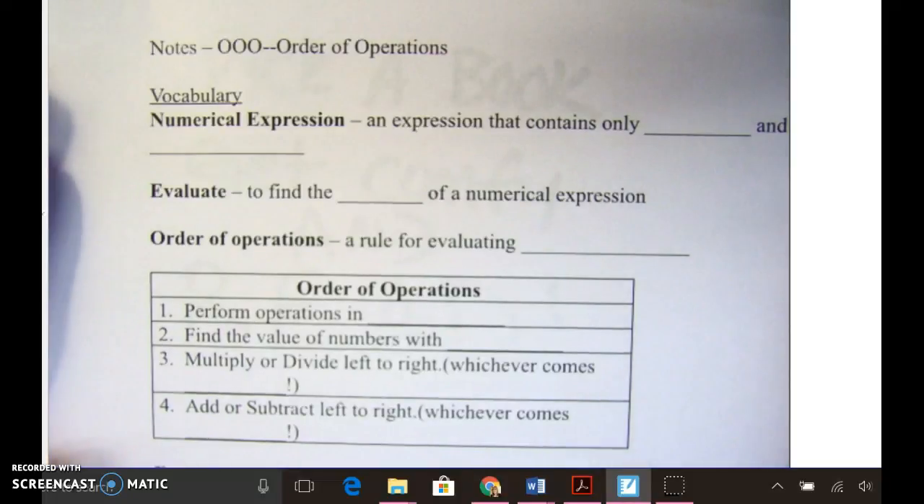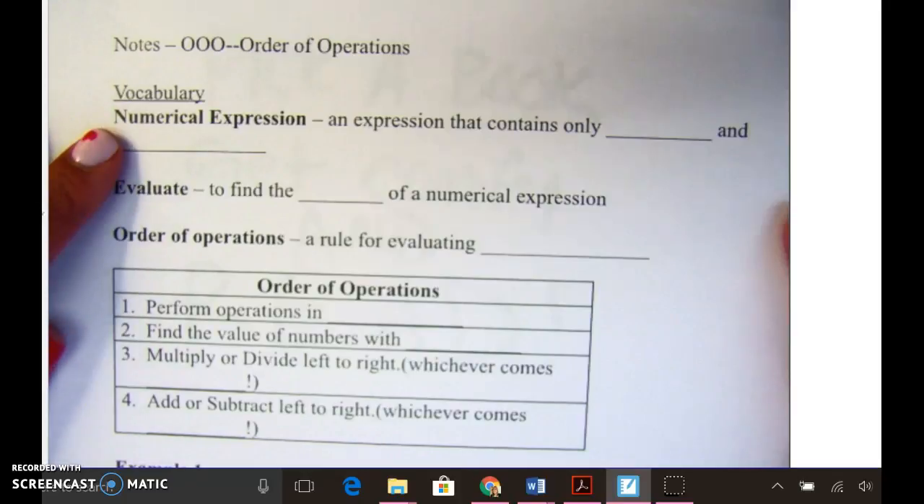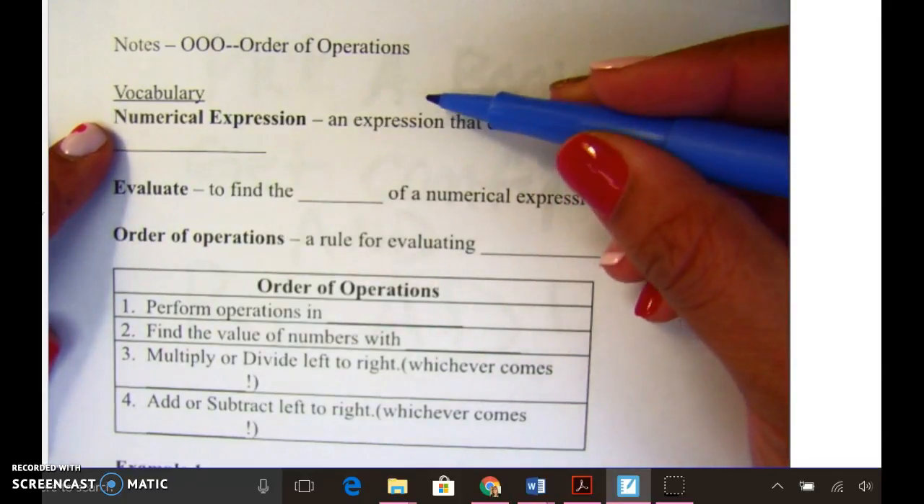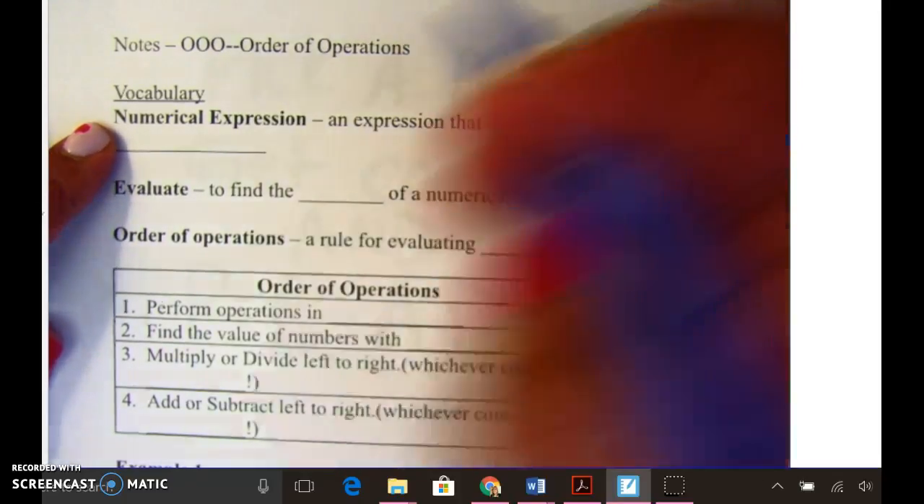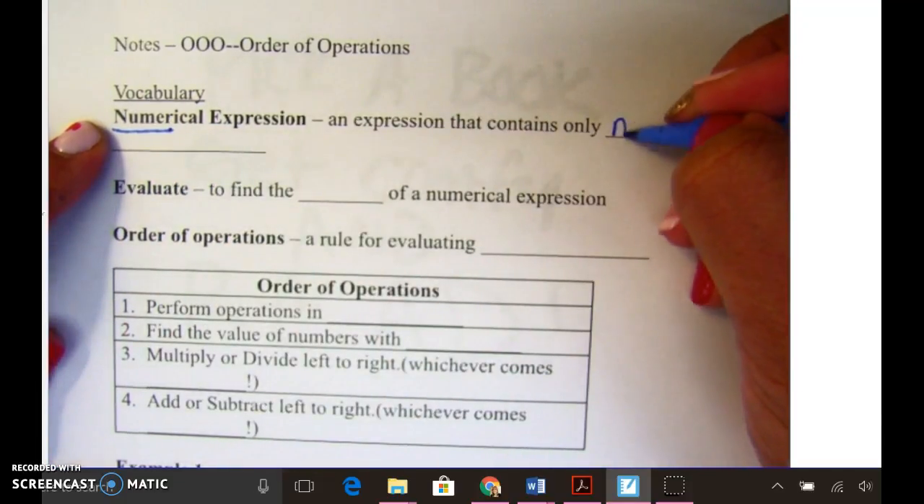So, order of operation notes. I want you to go through and fill in the blanks with me. A numerical expression is an expression that contains only, well, what word do you see in numerical? See the word numbers. So only numbers